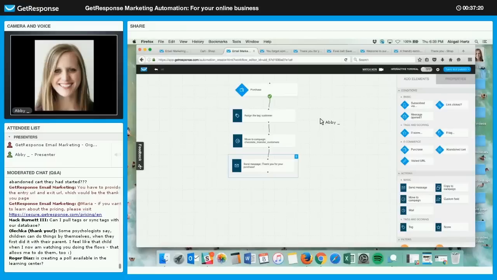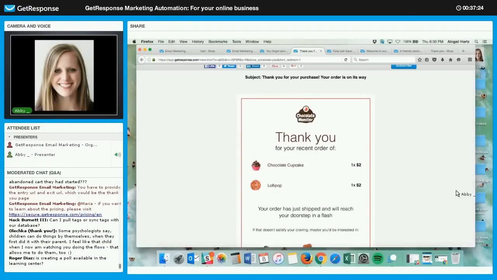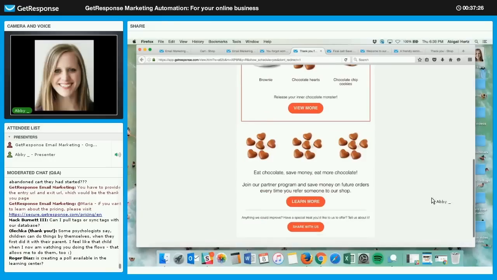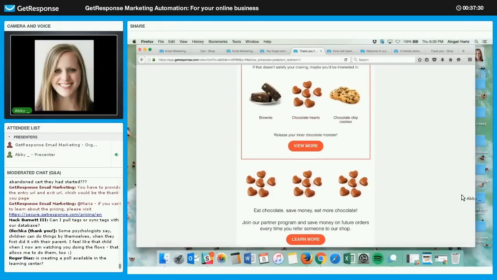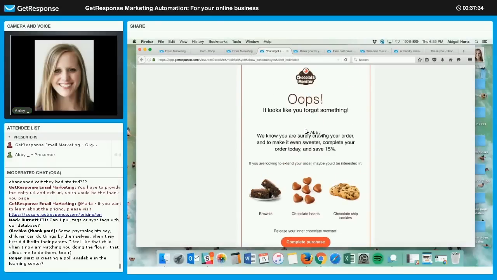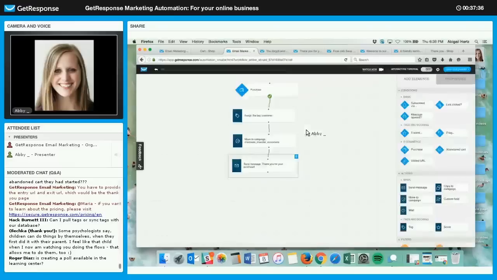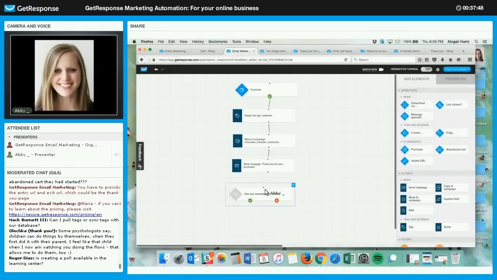And then I want to go further. Now maybe you remember in my thank you for purchase message, I included a link to join my partner program so that people can refer friends to my shop, and every time you refer someone, you can get a discount on future purchases. And so I want to see now who is joining my partner program, who seems interested in that. So in order to do that, I'm going to move over that link clicked condition to the send message